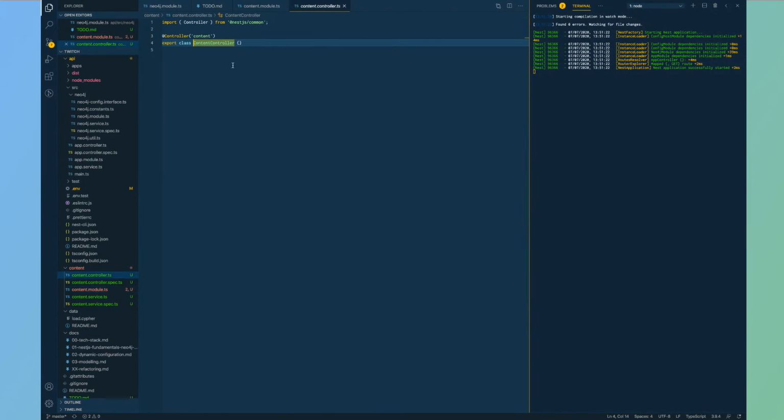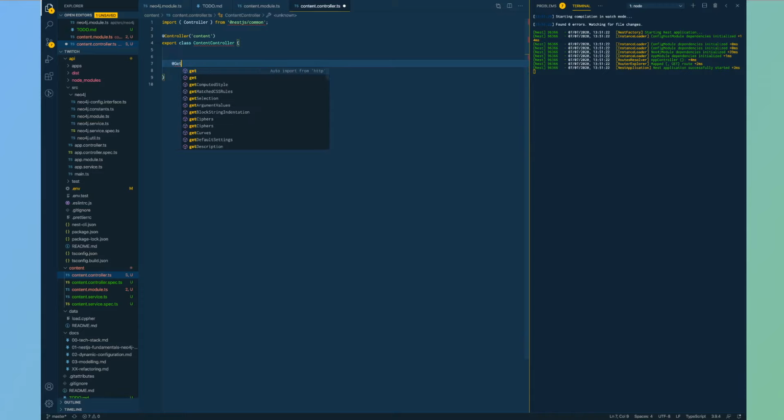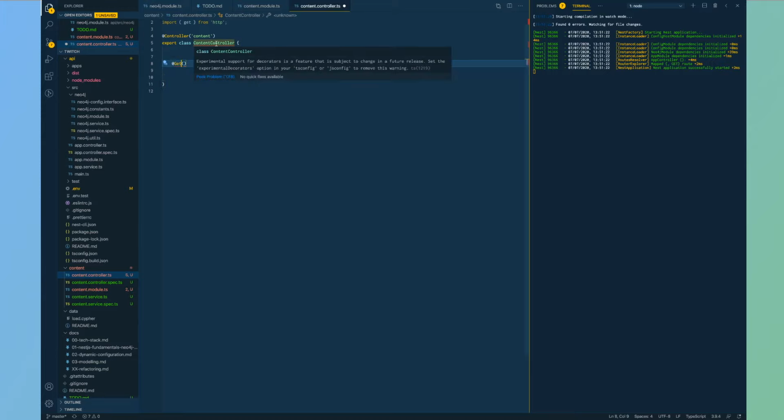So if I go into the content controller and create a new method, this will be a get method. We'll call that get index. Cool.